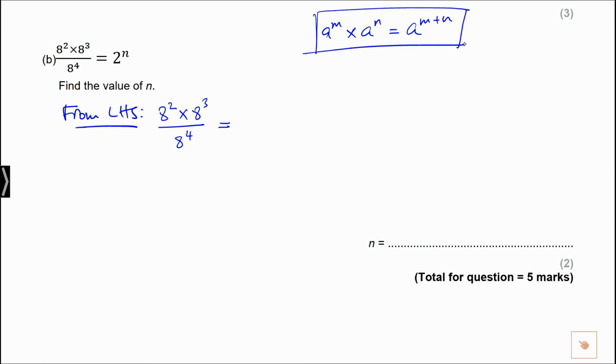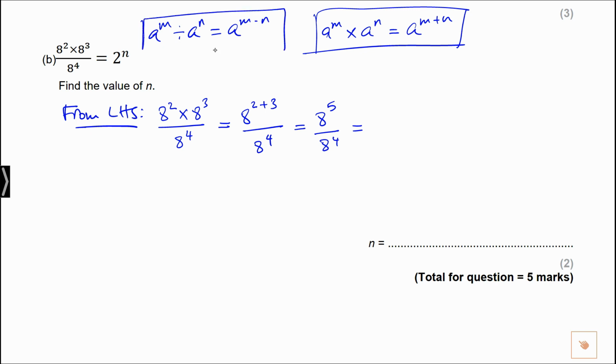Applying that here, this will be equal to 8 to power 2 plus 3 over a to power 4, and that will be equal to a to power 5 over a to power 4. Again, if you divide indices, a to power m divided by a to power n is equal to a to power m minus n. If you apply that here, you'll have a to power 5 minus 4,